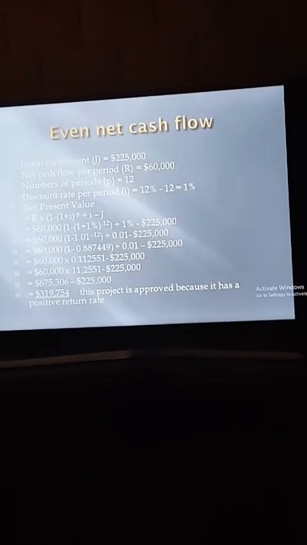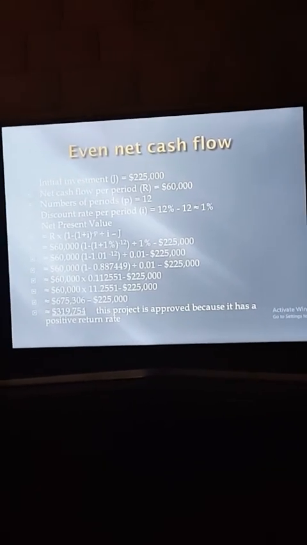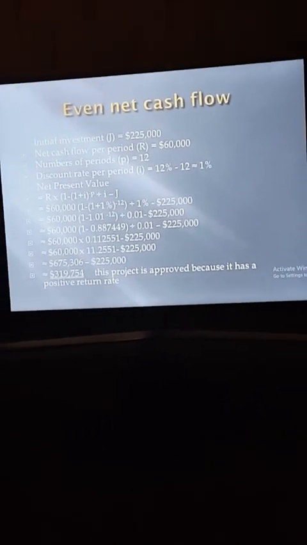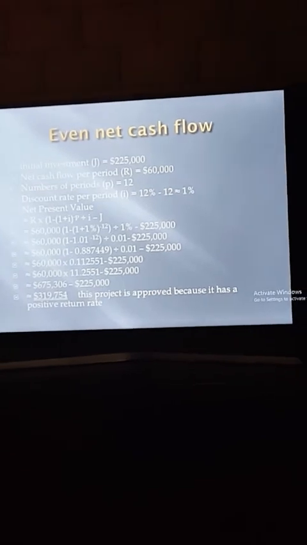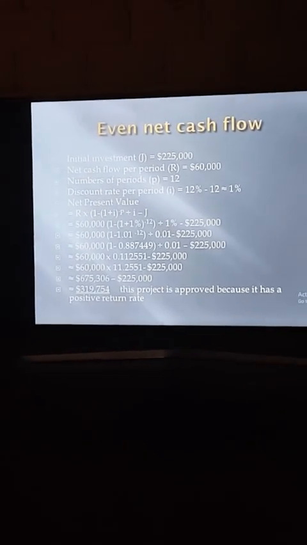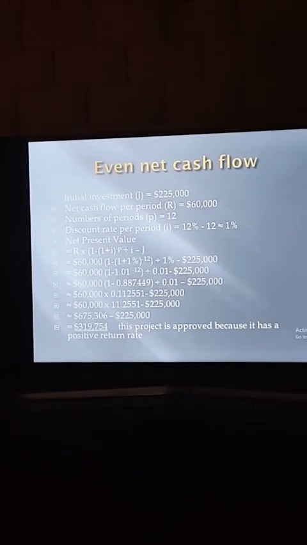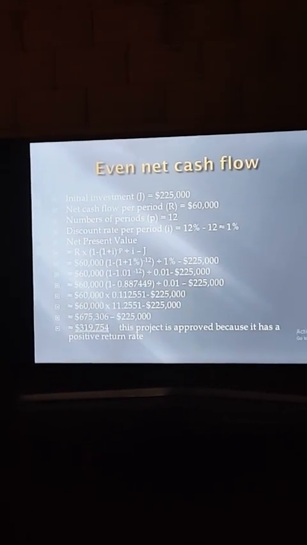So when calculating even net cash flow, I've listed out some of the variables. You can see that the initial investment, J, equals 225,000. Net cash flow per period is